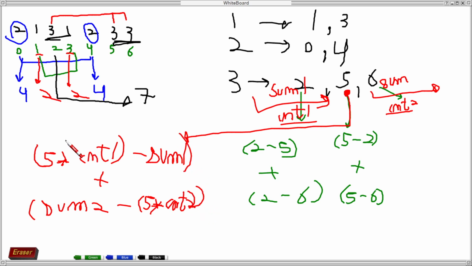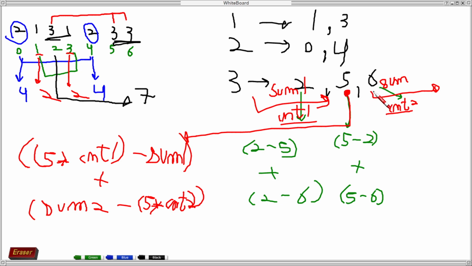This is because we can notice that this 5 is greater than all these elements. So instead of 2 minus 5, we will write 5 minus 2, and similarly here,